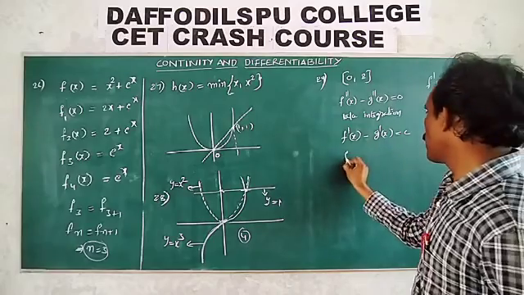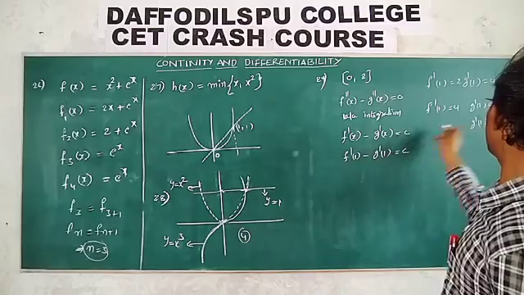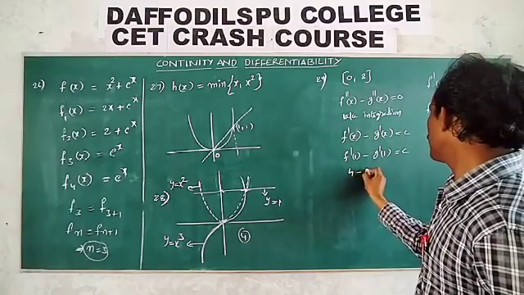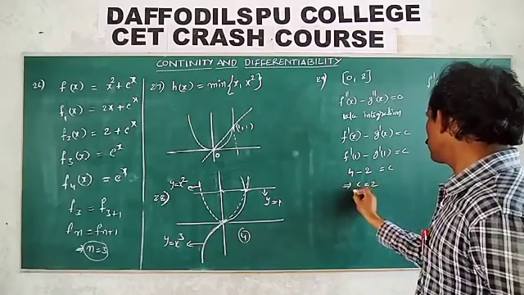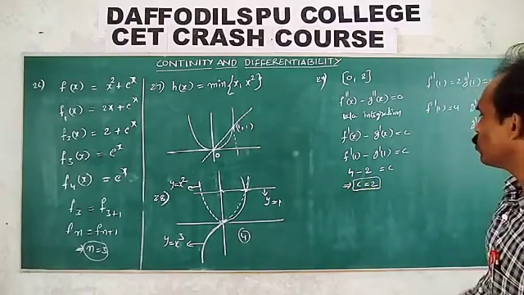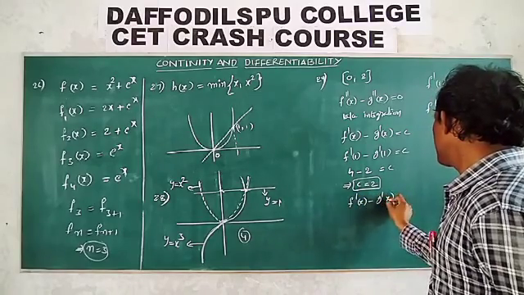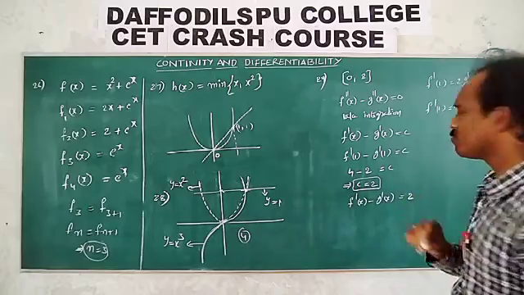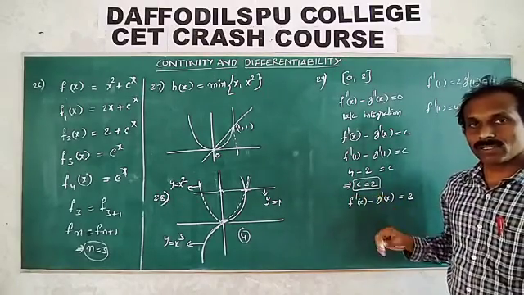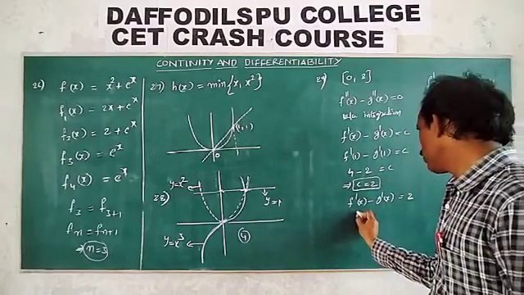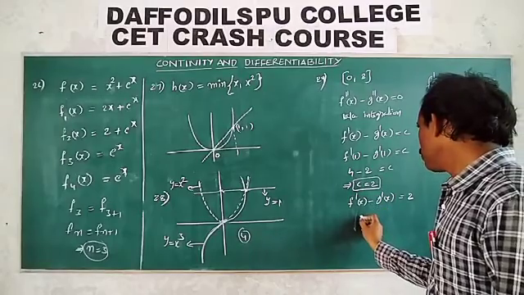Substitute these values. f'(1) minus g'(1) is equal to c. f'(1) value 4 minus 2 is equal to c. This implies c is equal to 2. So f'(x) minus g'(x) is equal to 2. They ask f(x). So again take integration. What happened? Means again integration and derivative cancel. That implies